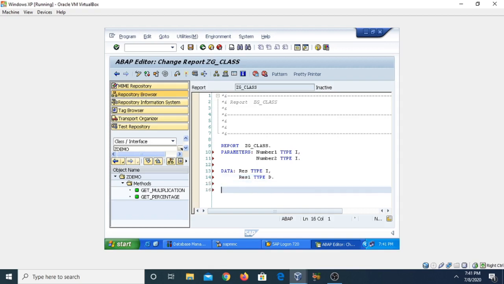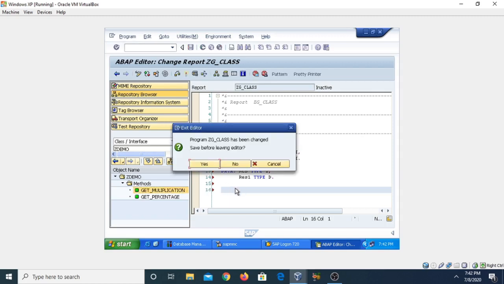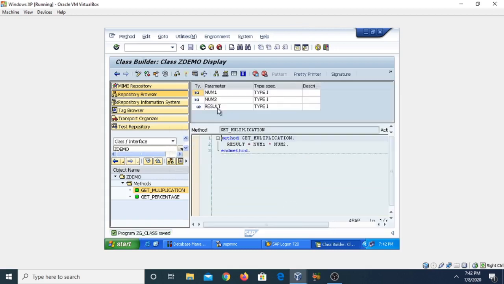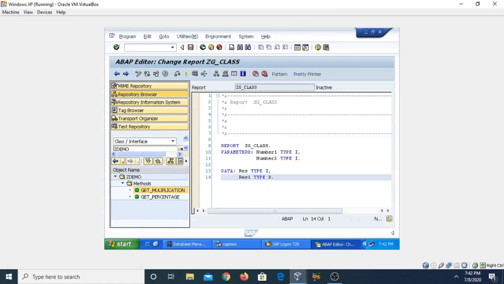Now if you need to call the particular method, get_multiplication, we have created it, so you can just use drag and drop here. Just click on it and click on save, yes. Now go back.